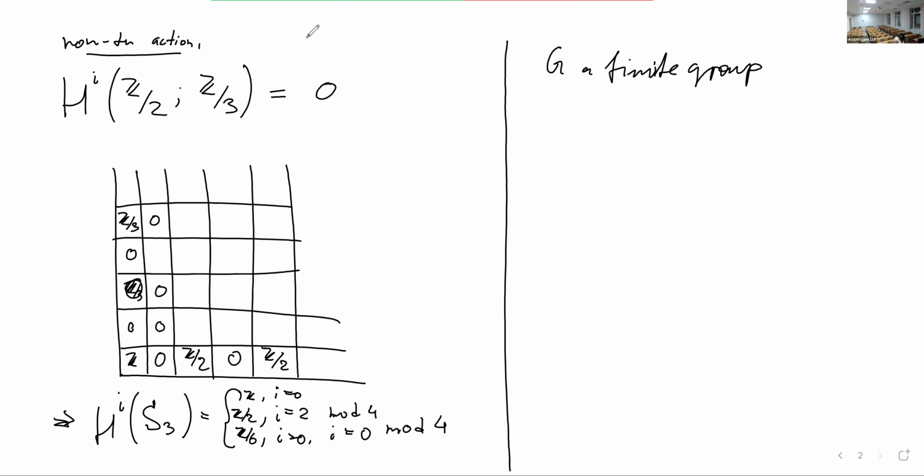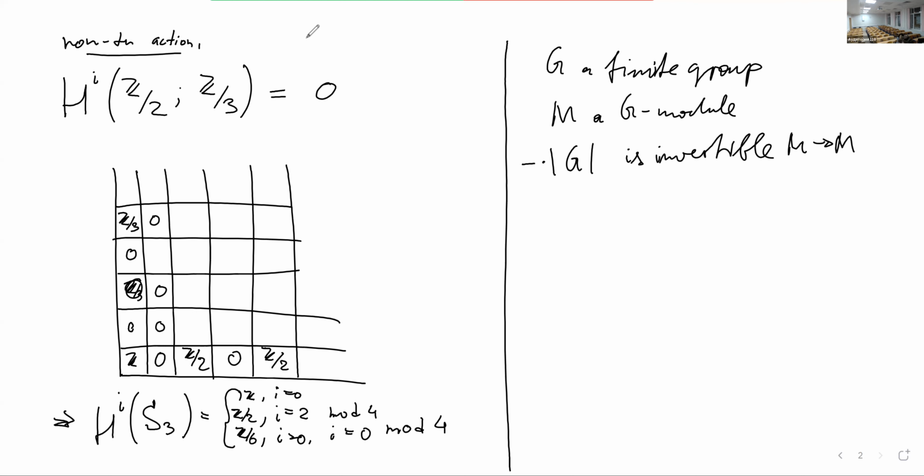And M, a G module. And suppose multiplying by the order of G is an invertible map from M to N. Again, my claim is that the